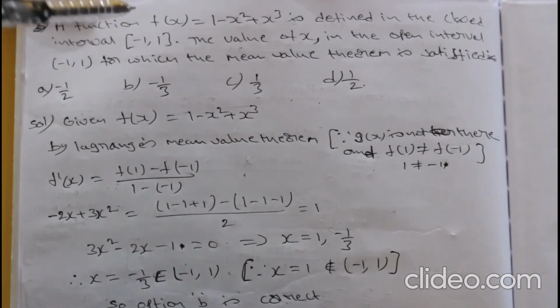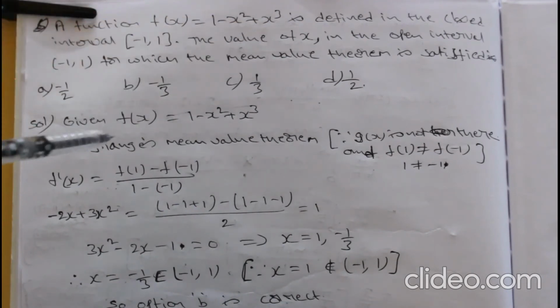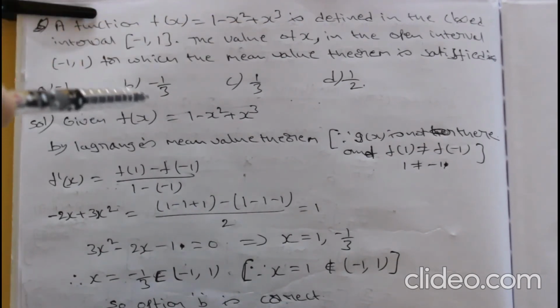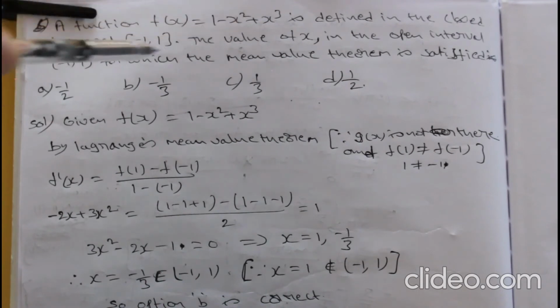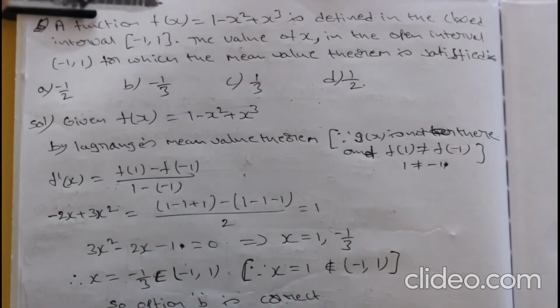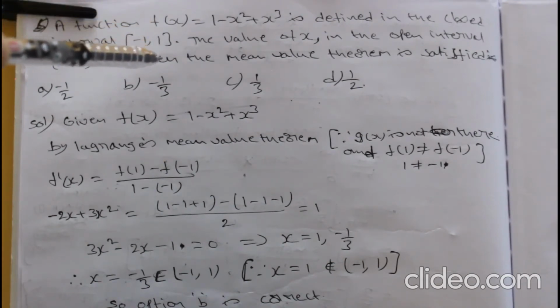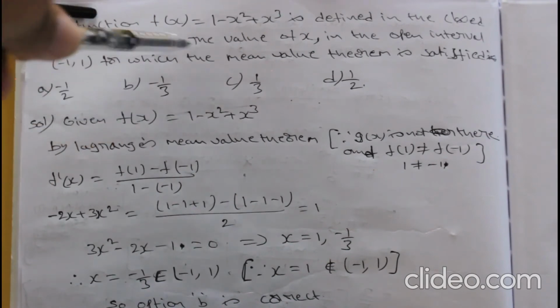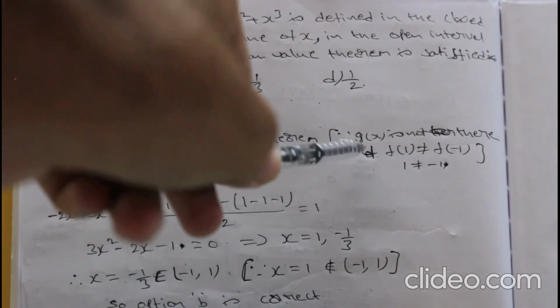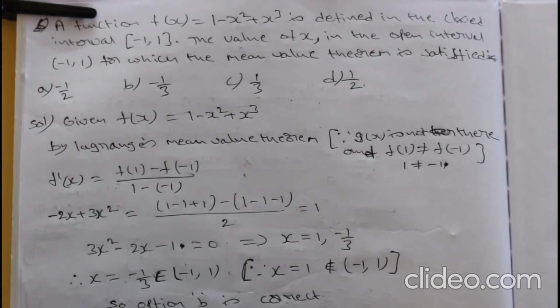So if you look into the function, only f of x is given. In Cauchy's mean value theorem there will be 2 functions, f of x and g of x. So we will get f dash of c by g dash of c is equal to f of b minus f of a by g of b minus g of a. According to that, there is no function g. So Cauchy's theorem is not satisfying this problem. Okay, now we are left with 2: one is Rolle's theorem, and the next one is Lagrange's mean value theorem.